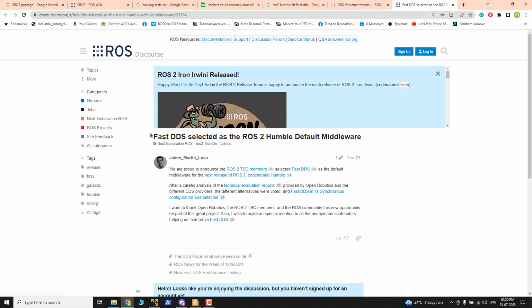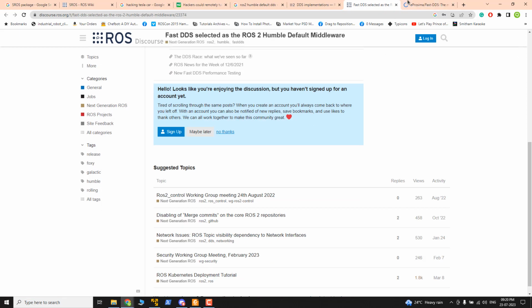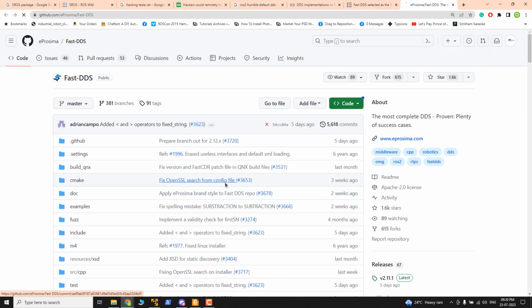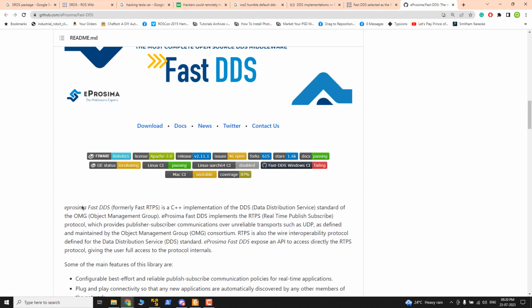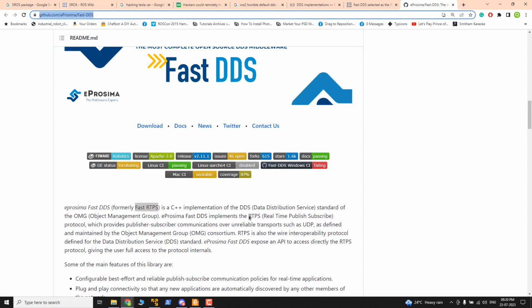Oh, Fast DDS or Fast RTPS. See, Fast DDS. But that is not suitable for all the applications that we are working on. So you can see Fast DDS or Fast RTPS, that is the former name. Okay, so this is the default